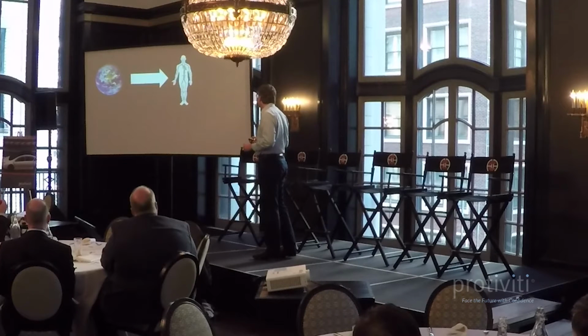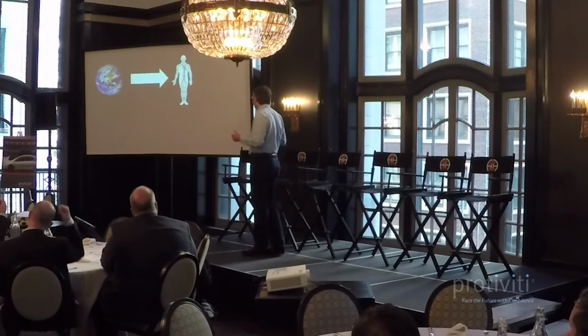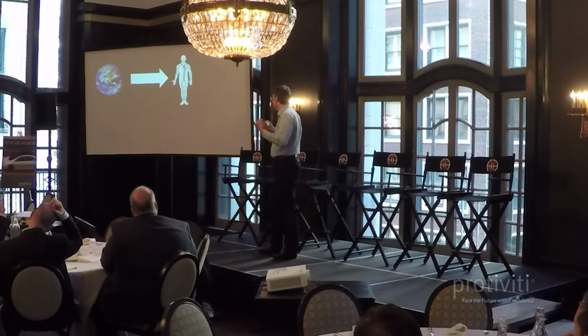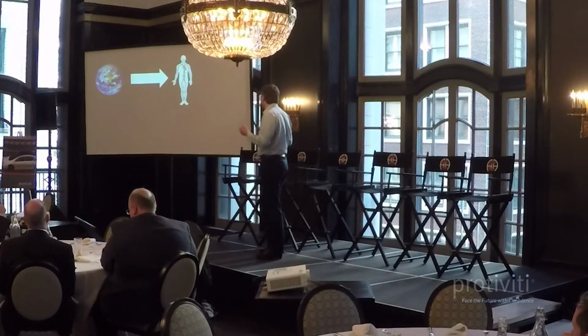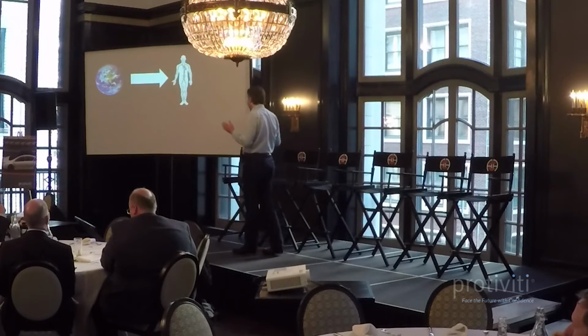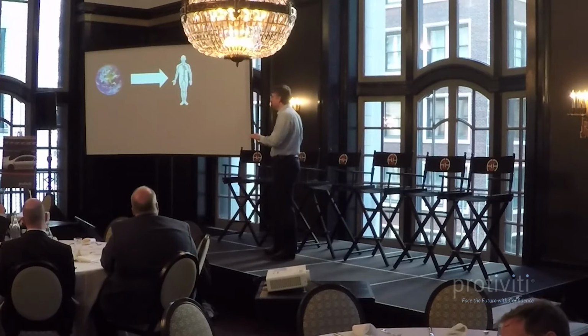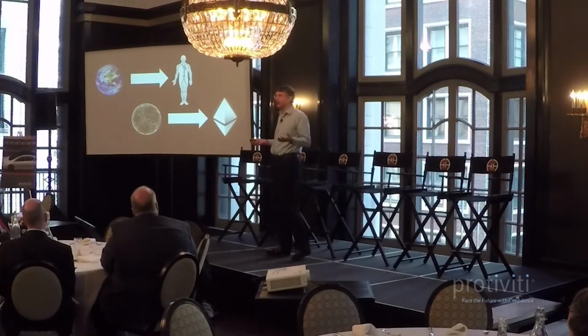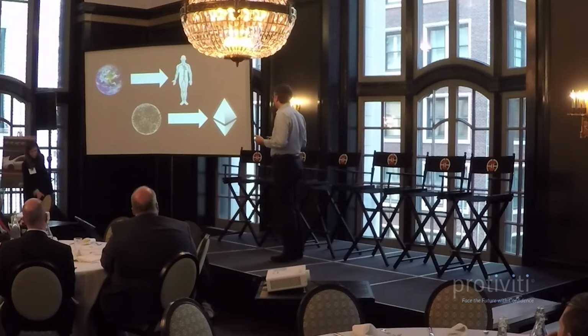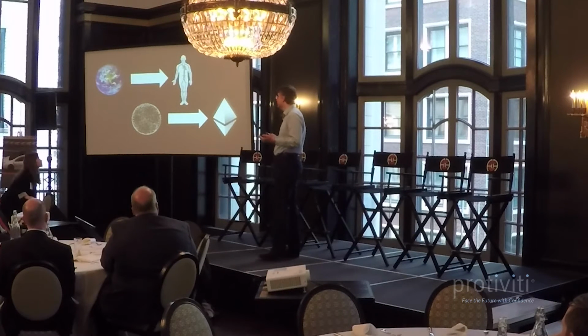So I actually think the human body is, maybe because I'm a medical doctor, I don't know, a great way to think about blockchain technology. The thing about the human body is it evolved in an extremely hostile environment, the surface of the Earth. And Ethereum and other blockchain systems also grew up in a very hostile environment, which is the internet. So there are a lot of similarities between these two systems. And in fact, they're both rather different than traditional computer systems.